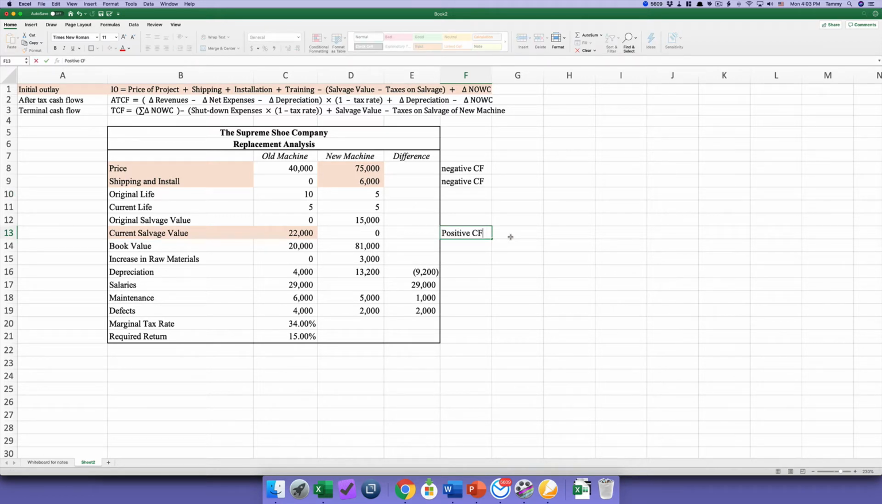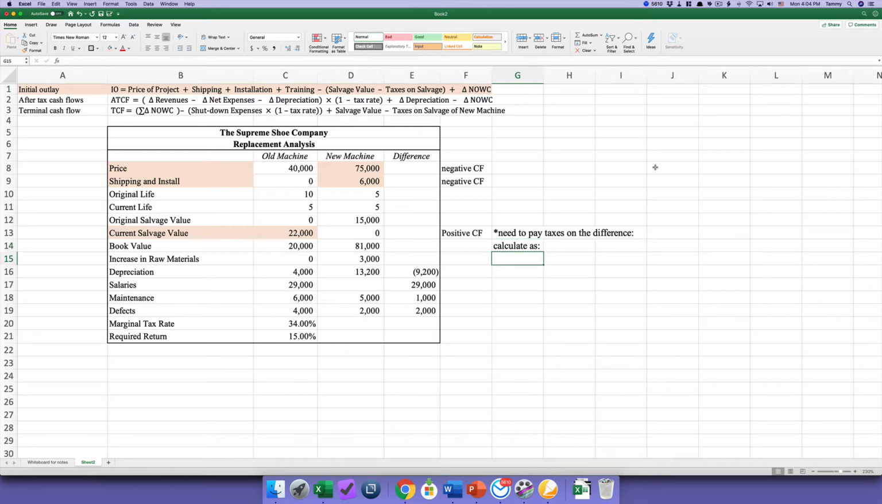but, right, you are going to have to pay taxes on the difference between what the book value is. You're essentially making a profit on the sale of this old machine. Right now, you're carrying it on the books at $20,000. You're going to sell it for $22,000. And so what that means is that we need to pay taxes on the difference. Right, and so we're going to calculate that as